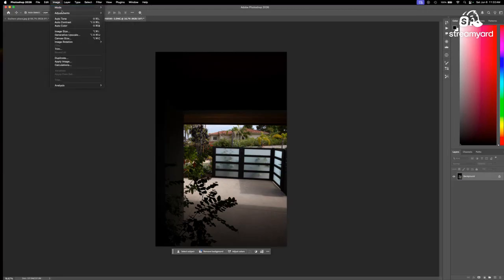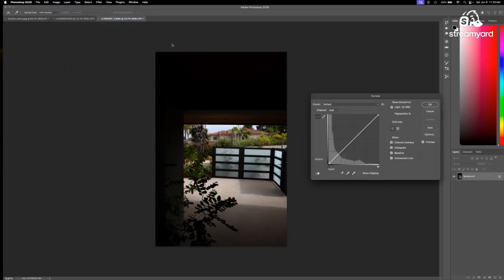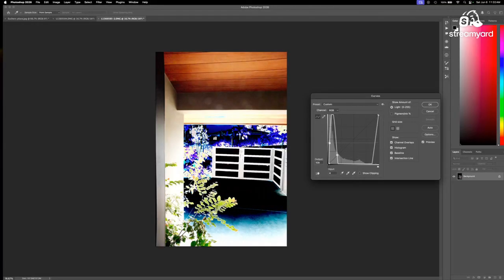Then the next step, I'll go to curves, and we just blow up the lower end of the curve. So I'll put an anchor down here and drag the curve function up. Depending on how you align this peak with the peak there, you can bring the natural colors back.